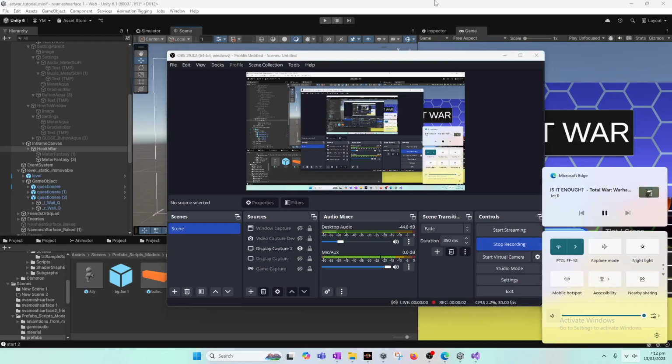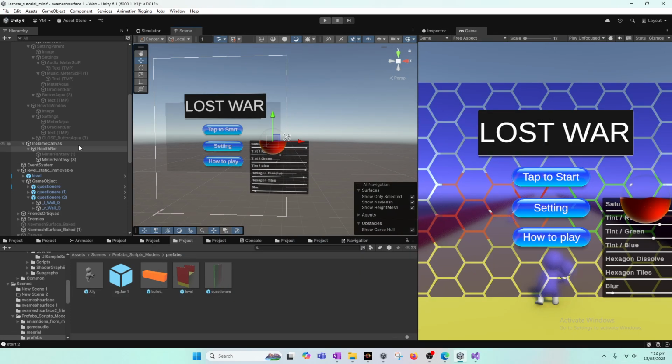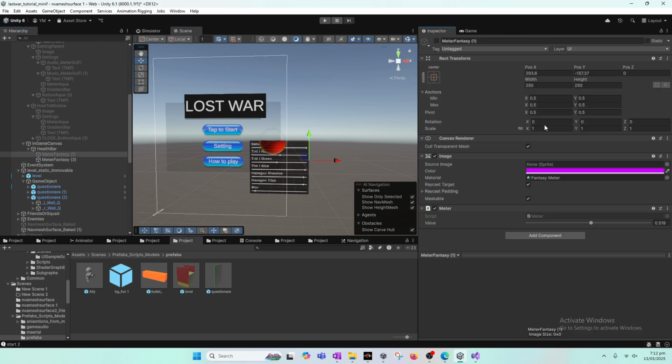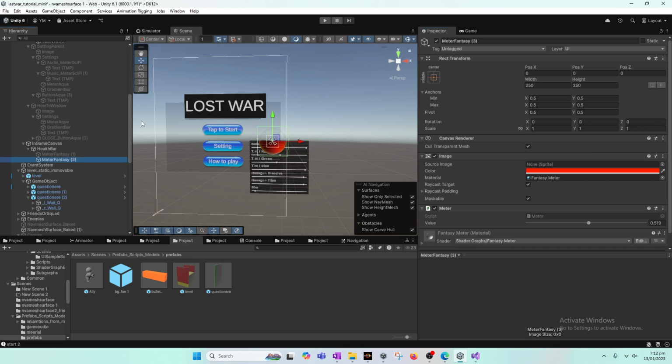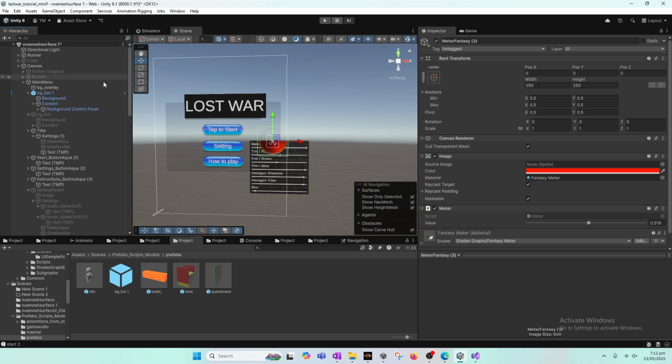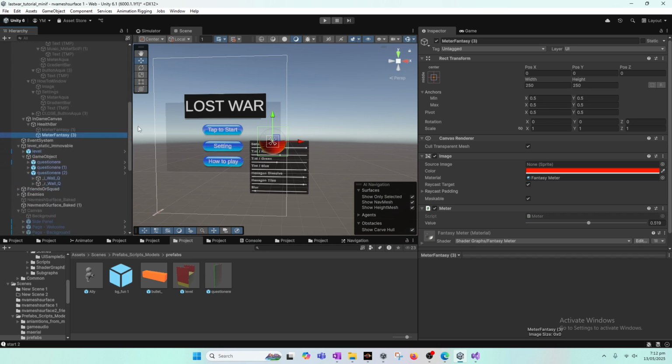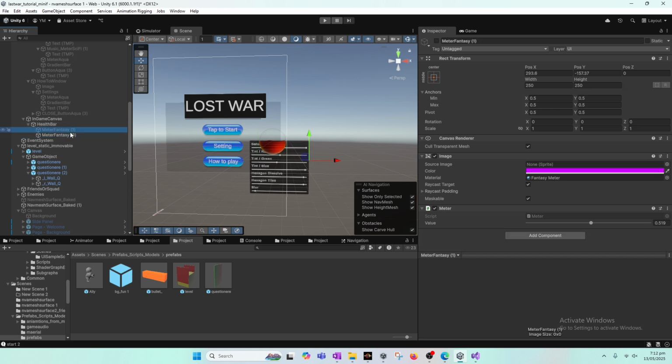Alright, back again. In this tutorial, we will resume from the previous tutorial where these meters wouldn't show up. To fix this, we will simply set the scale to 1, 1, 1, and the second one similarly to 1, 1, 1. Then, inside the canvas, we will create an empty game object named in-game canvas, and there we will create an empty game object named health bar, and then we will move the two meters that we copied